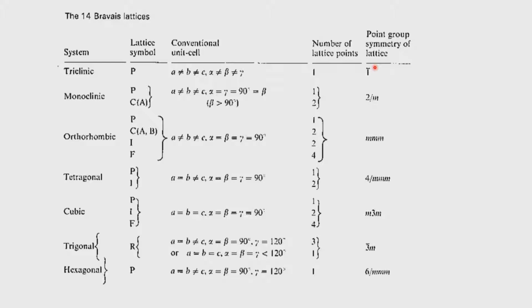So, if you just look at a triclinic lattice and you are given the information only about the triclinic lattice by some experimental procedure, it is always a 1 bar symmetry. That means the lattice associated with the triclinic system is 1 bar. On the other hand, the point group symmetries are 1 and 1 bar. So, this happens throughout in these cases.